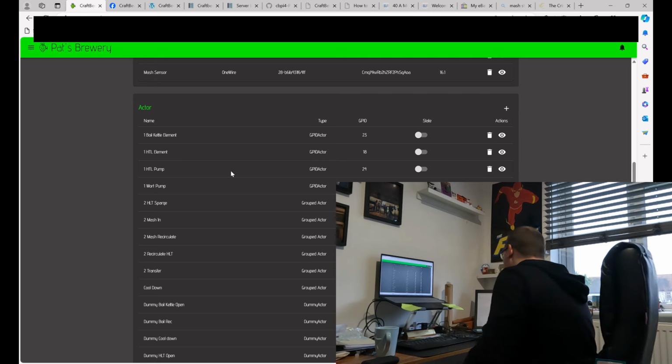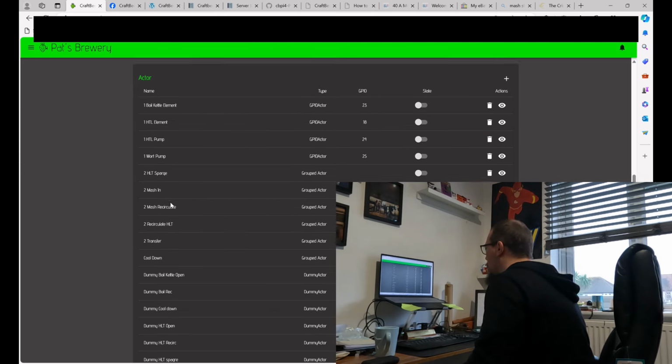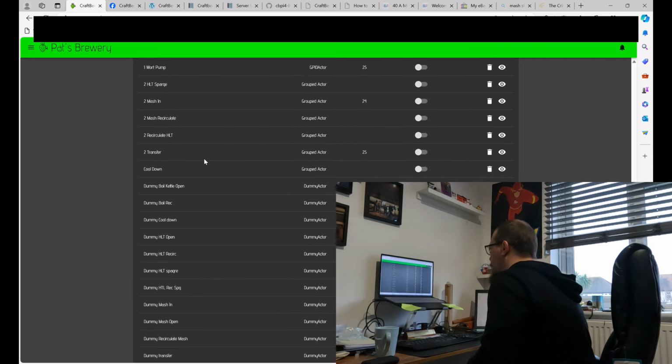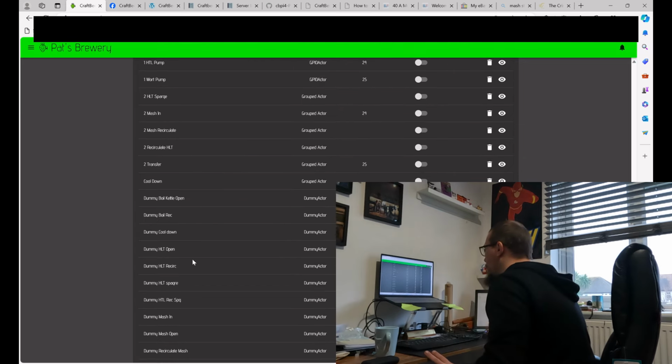Now, because I like having lots of buttons and maybe overcomplicate things, I've also got a number of dummy actors and some group actors. Now, all these are actually for is so that when I press certain buttons, the dummy actors are used so that